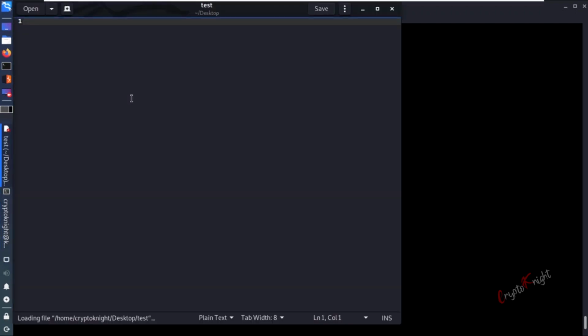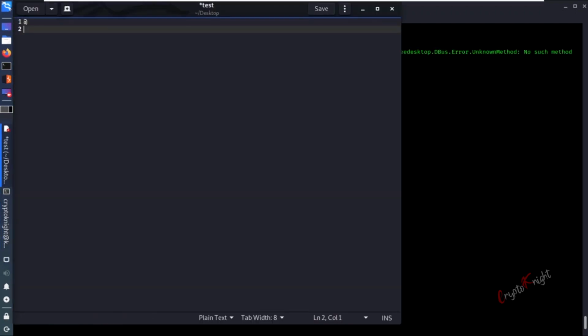These are 4 special characters that you should know: @, then comes the percentage sign, then comes comma, and then comes the caret sign, or the one that we use for power. The meaning of @ is that it is used to specify lower case characters. Percentage is used to specify numbers. Comma in this tool is used to specify uppercase characters. And this caret sign is used to specify symbols.